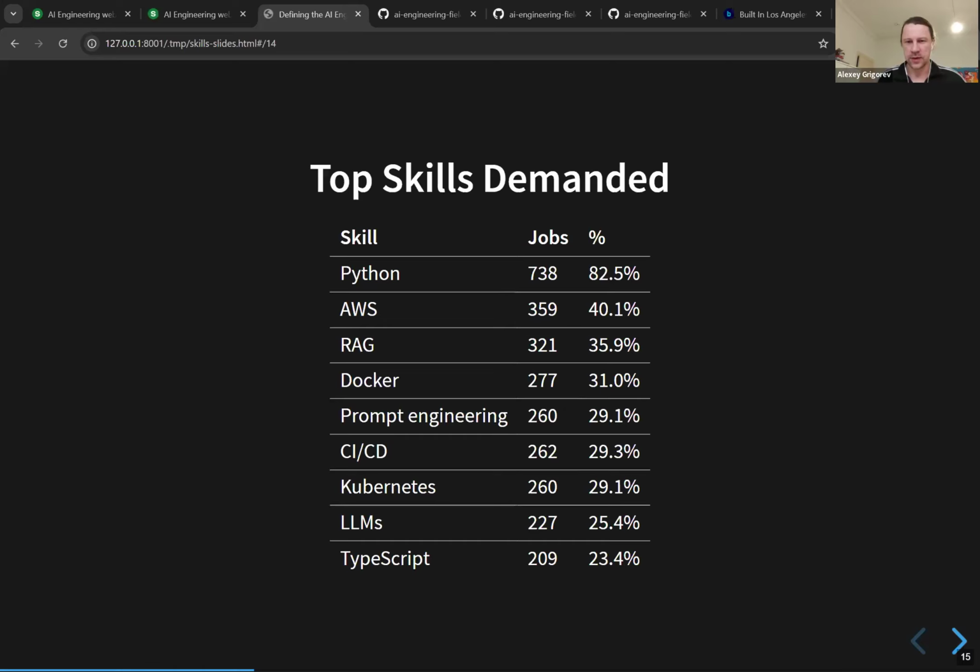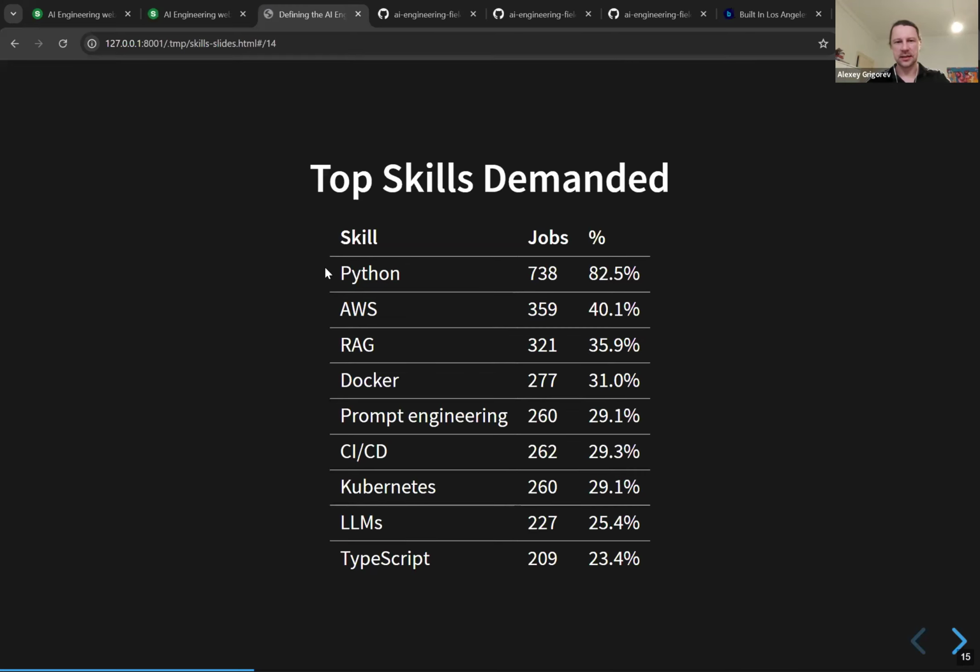And these are the top skills. Knowing Python, yes, Python is the language for AI, even though TypeScript is catching up, as we can see, many people use TypeScript, not Python. And then knowing cloud, knowing Docker, CI/CD, knowing Kubernetes is important, right? You don't just apply AI in isolation, you also need to know other things like, okay, how do you package it in Docker? How do you write tests and put them in CI/CD? How do you deploy this in Kubernetes?